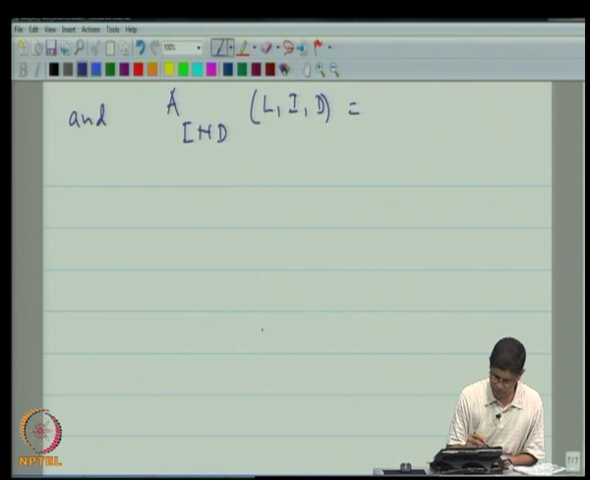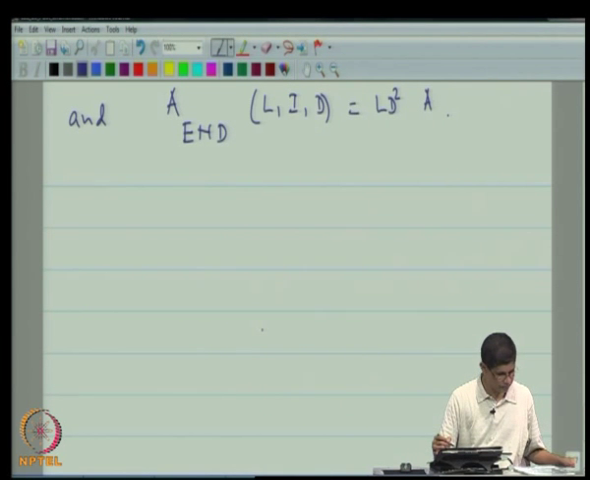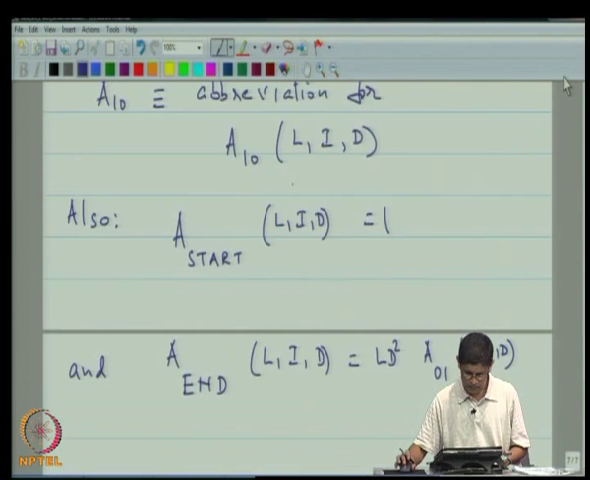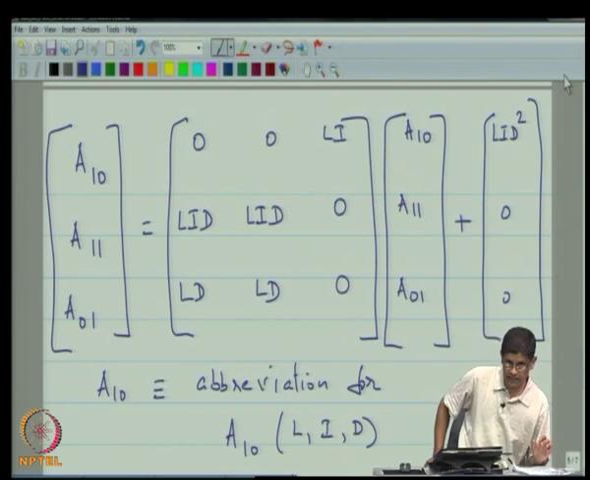So, A end LID is equal to LD squared times A01 times LID. Now, if you look at this equation, this is very much like a system of linear equations, because what you